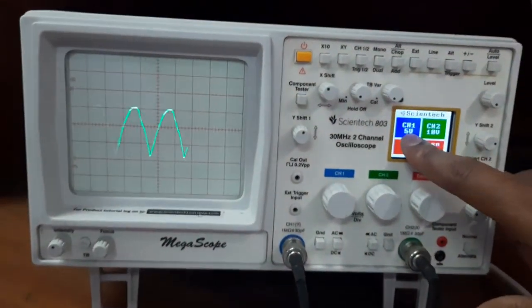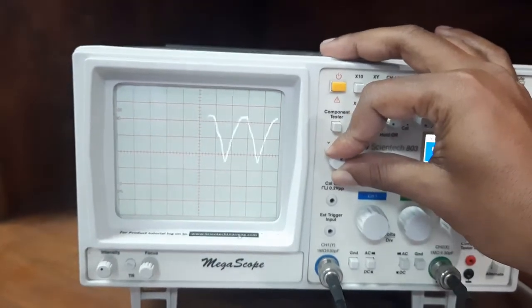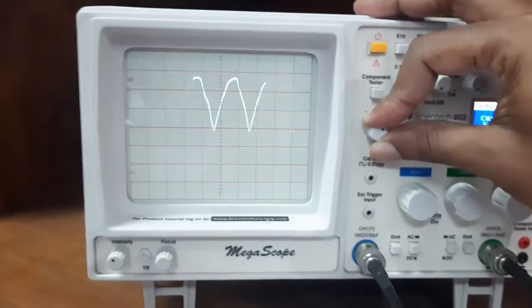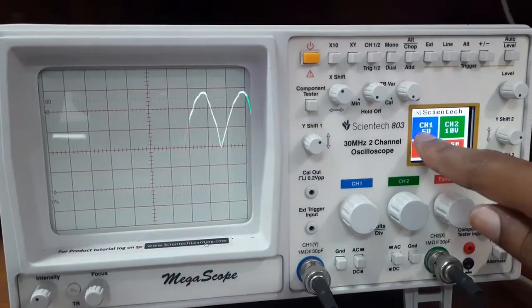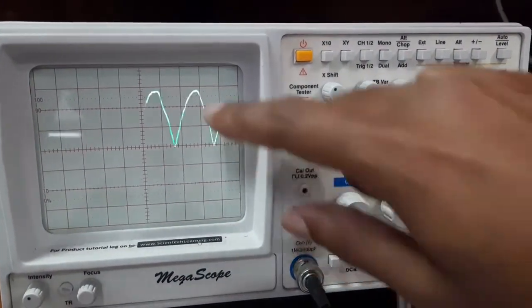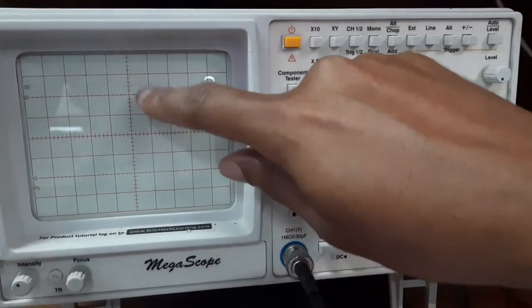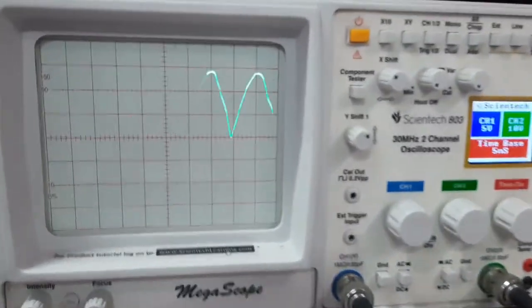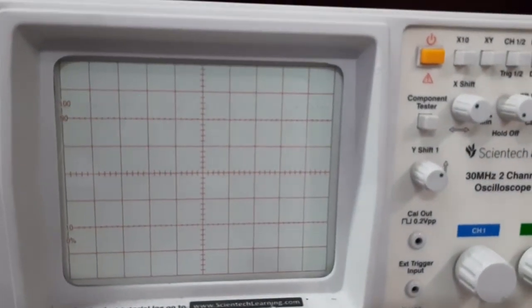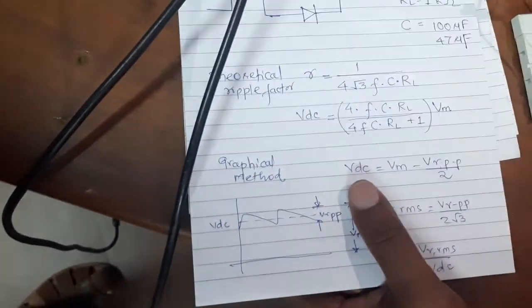So this is 5 volts over here. Channel 1 is at 5 volts. You have to take your own readings from this video itself. I will not be taking readings. So it is at 5 volts, one division is for 5 volts. If you see here exactly how many divisions it is, 1, 2, 2.8 divisions are there. So you have to calculate what is VM from this particular waveform. So it is equal to 5 into 2.8.